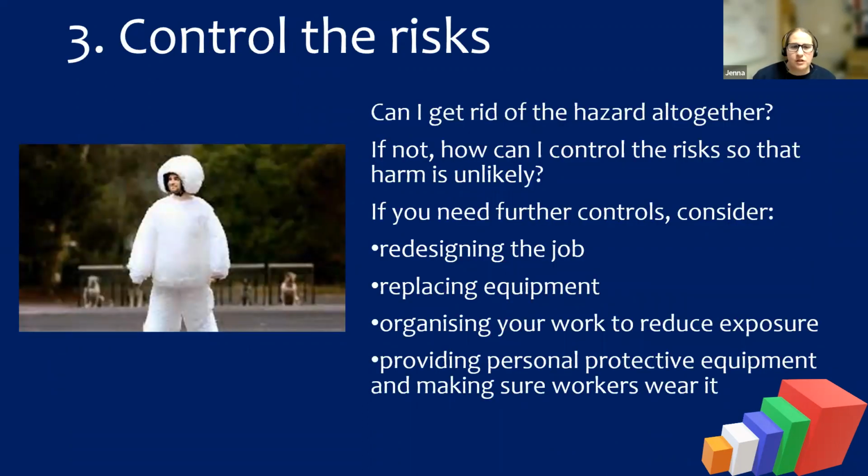And then obviously we need to look at controlling the risks. So I sometimes think that this could be my partner, because I feel like he's a danger to himself. He seems to trip over all the time, so I'd wrap him in bubble wrap. But how can I either decrease the consequence of a risk or remove the risk?